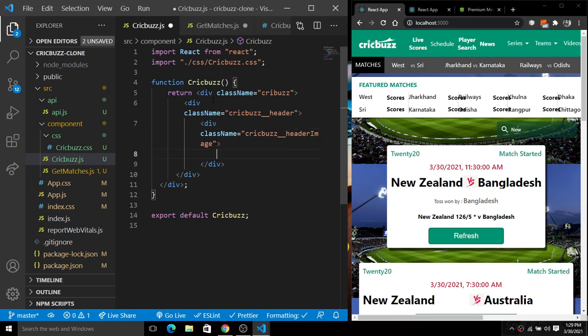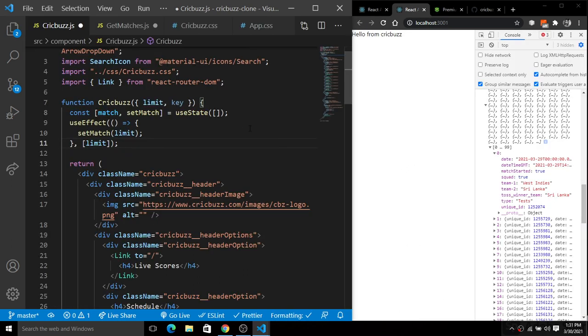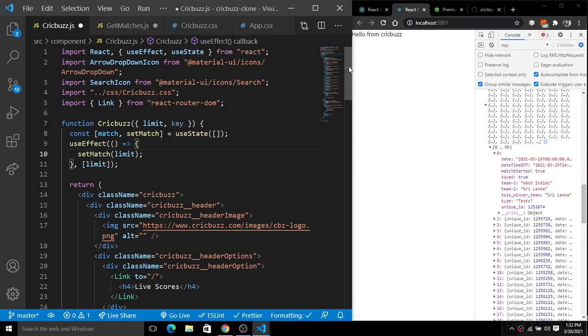So I'm going to simply copy paste the code here for the header and the match strip, because this is a simple UI setup. If you know HTML and CSS at a beginning level, you are good to go, or you can simply design both of these things yourself. So I'm going to simply copy and paste these things here. We have pasted the code here, right?